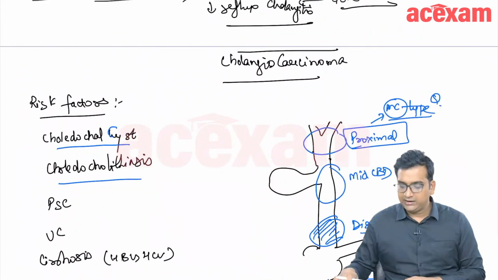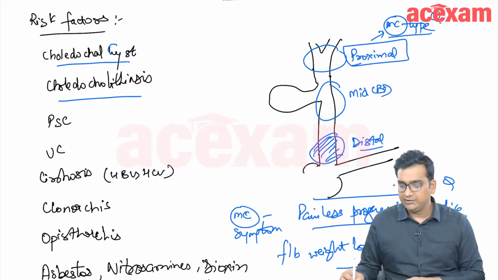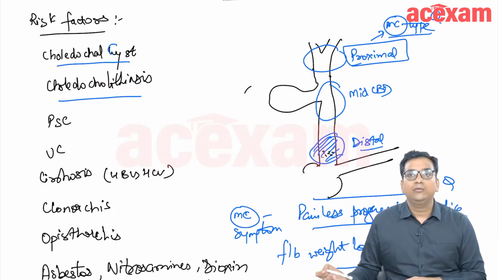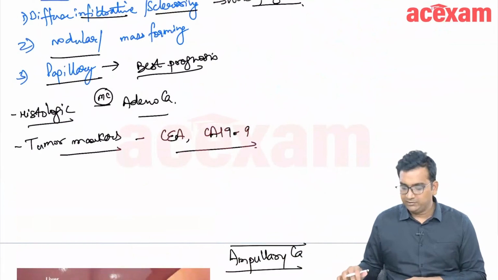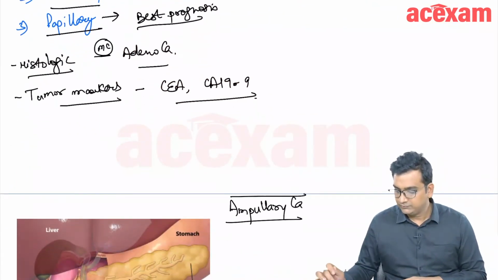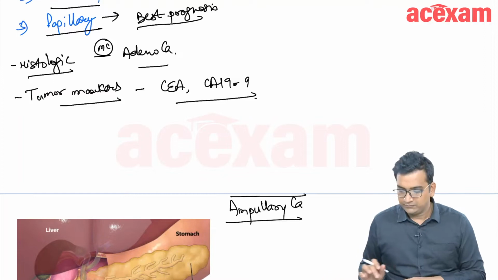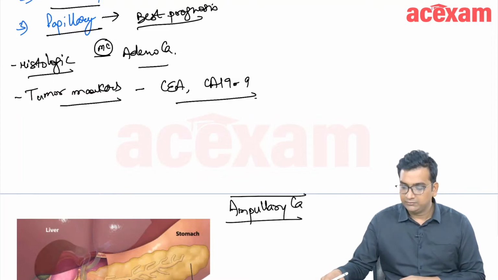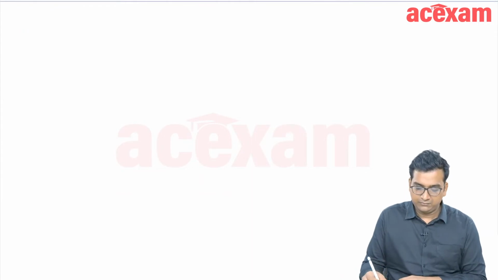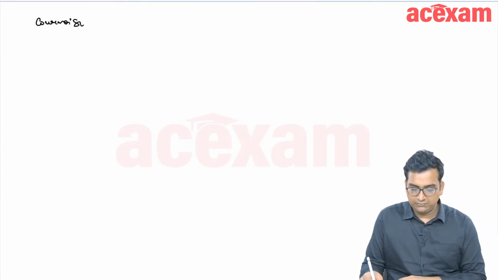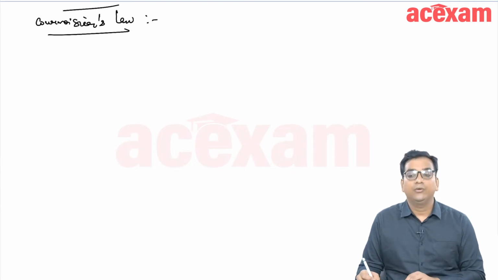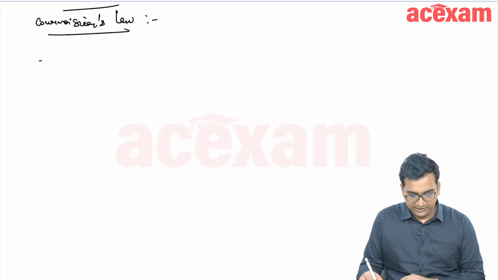As can be easily understood with this diagram, if the patient is having a distal obstruction here, the gallbladder will be palpable. But in cases of proximal obstruction, gallbladder will be not palpable. Okay, there is a very famous law known as the Courvoisier's Law. Now, what is the Courvoisier's Law? Okay, the Courvoisier's Law states that in cases of obstructive jaundice,